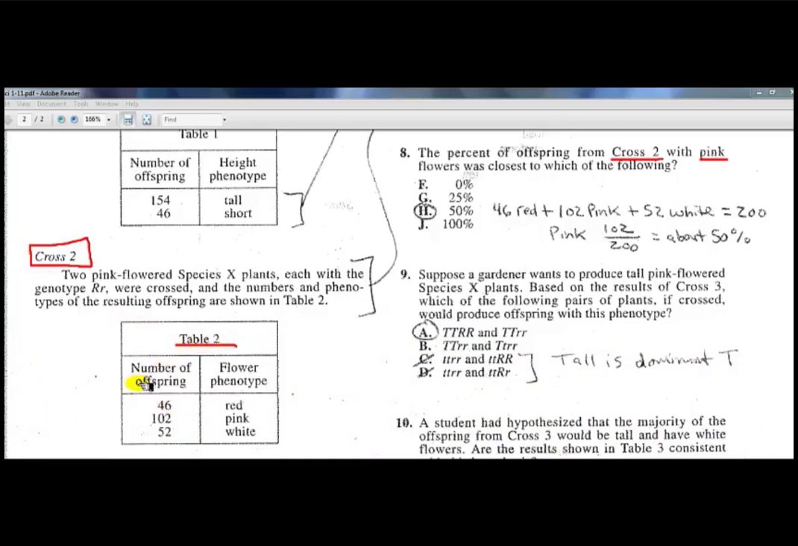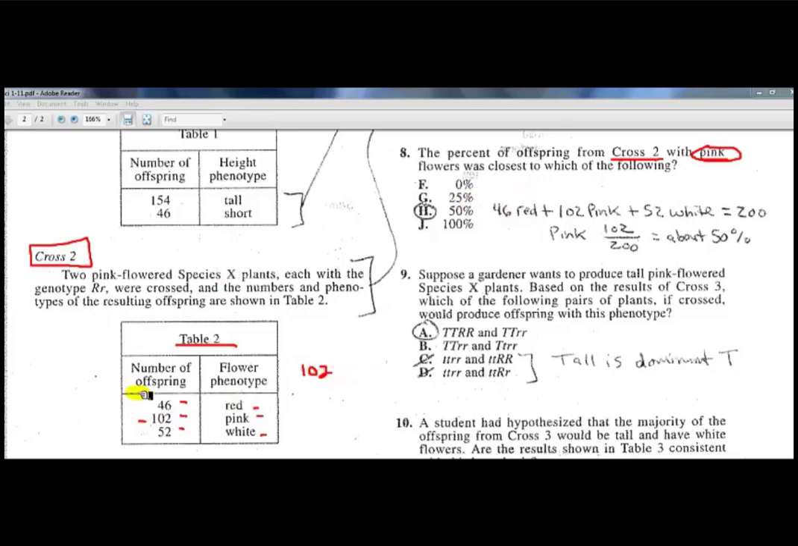If you look over here, it says number of offspring. In the x-axis over here, column 1, and column 2, flower phenotype. Here are the colors, red, pink, and white, and here are the number of offspring. We're asked about the percent of pink flowers. We see over here pink, there was 102 that were pink, and now we need to figure out how many